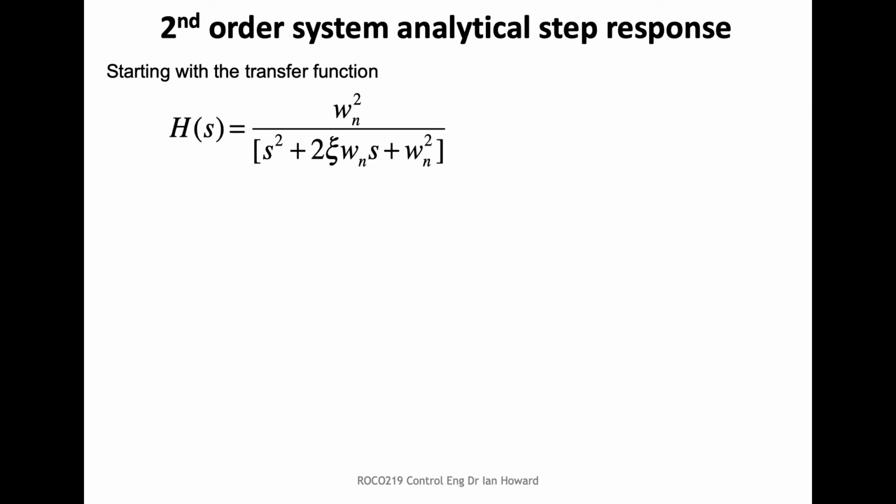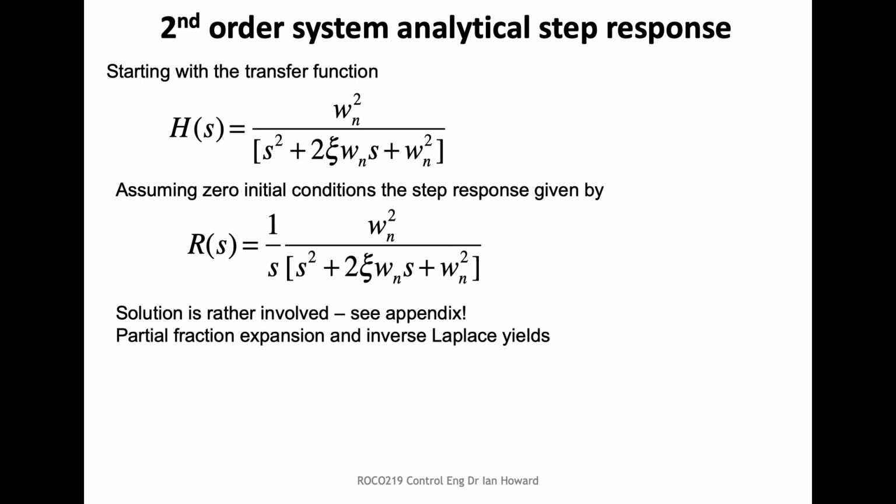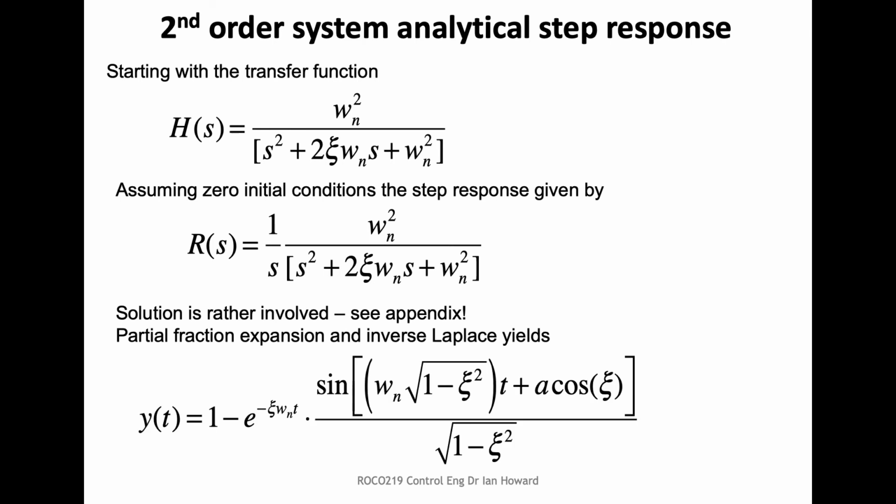We can also do an analytical version of that. That was just basically simulating it in Matlab. The way we calculate the output from a step is we say, let's take the transfer function and multiply it by the Laplace transform for a step, which is 1 over s. So we multiply 1 over s with our transfer function, and we end up with a solution. You can then transfer that back to the time domain using partial fraction expansions and inverse Laplace,